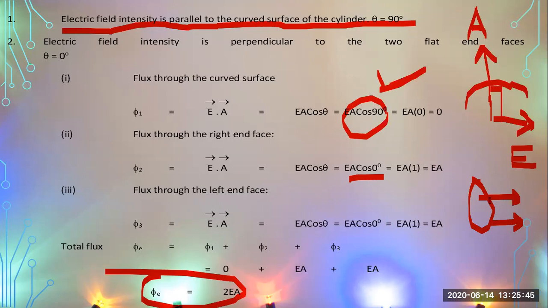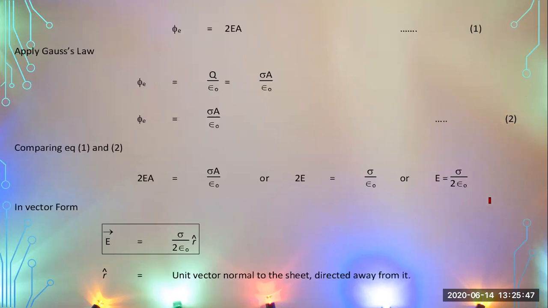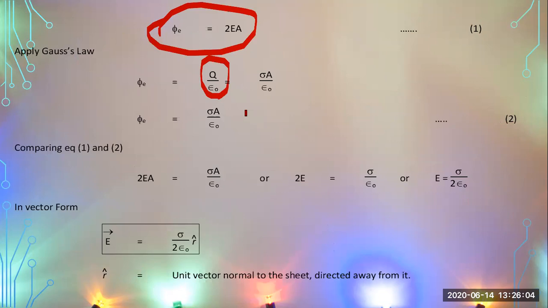And then, by using surface charge density, you have calculated this. So if the electric field intensity is E, and you have calculated the total flux through both the surfaces, then you will apply Gauss's law, and the Gauss's law statement is this one. This is the total charge passing through that closed surface, and by using surface charge density, you have calculated sigma A. This is basically the surface charge density, and then you place the value in Gauss's law. You are getting sigma A divided by epsilon naught.